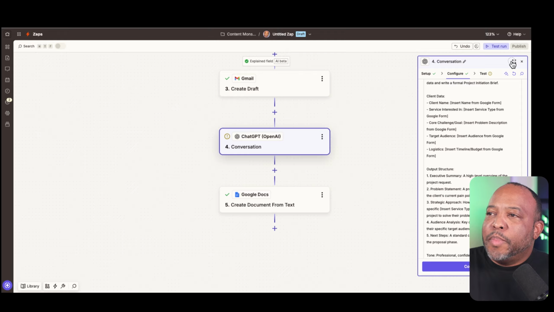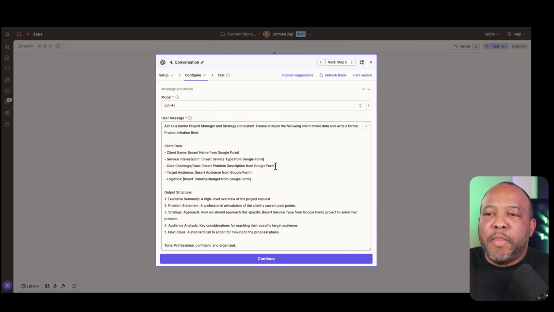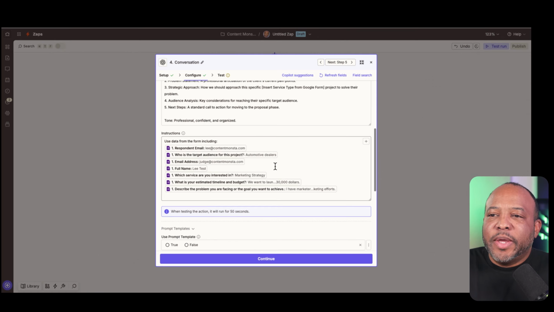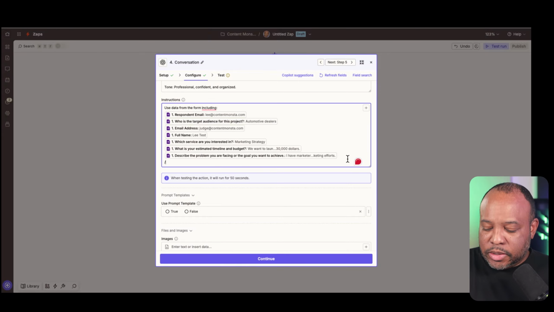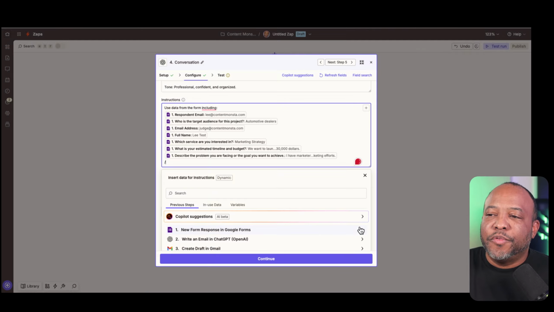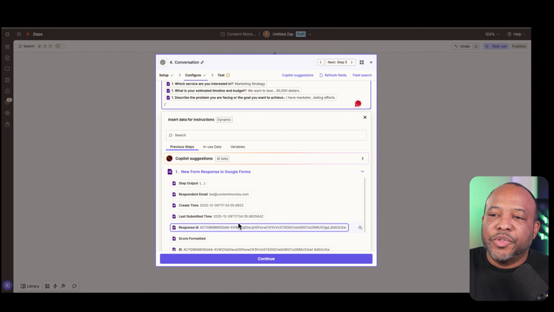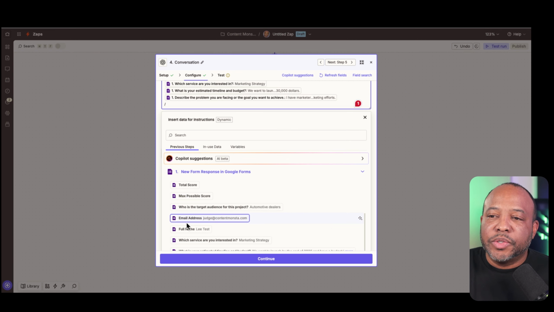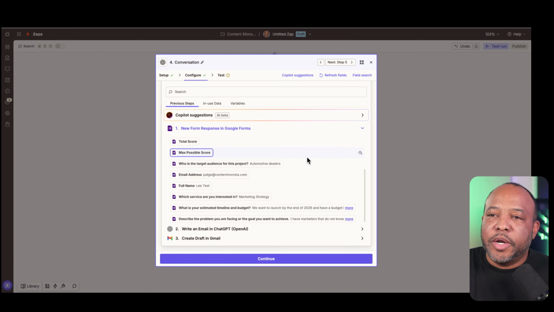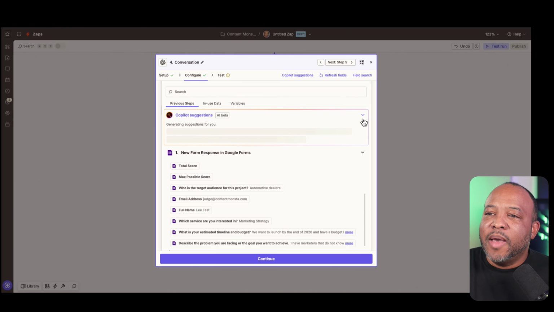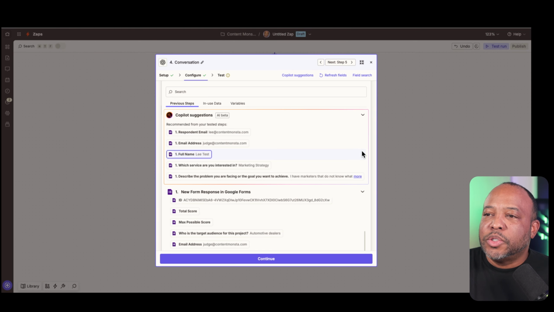Let me expand this out, because in addition to the message, which is the prompt, I also want to give it instructions. It says use data from the form, including the respondent's email, their target audience. These are things that I just basically hit slash, and I went to the form, and I added in those things that came from the form, such as the email address, their name, et cetera, et cetera. So now what we have is all the information that we need